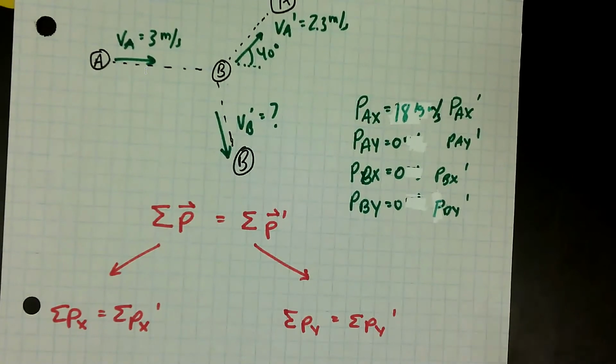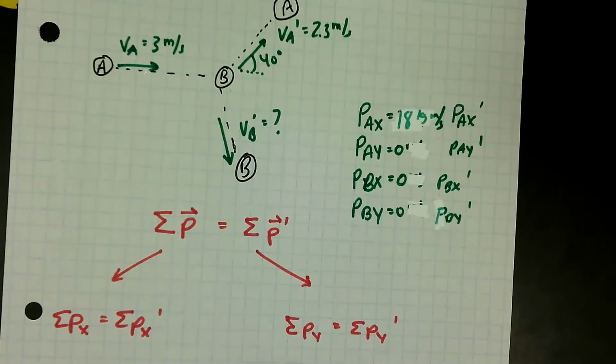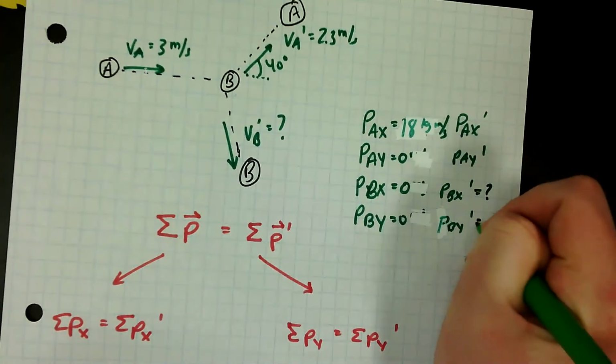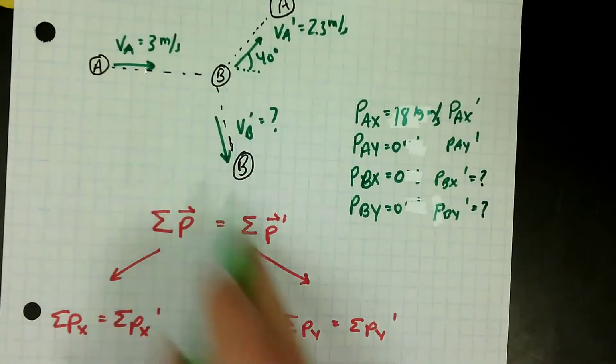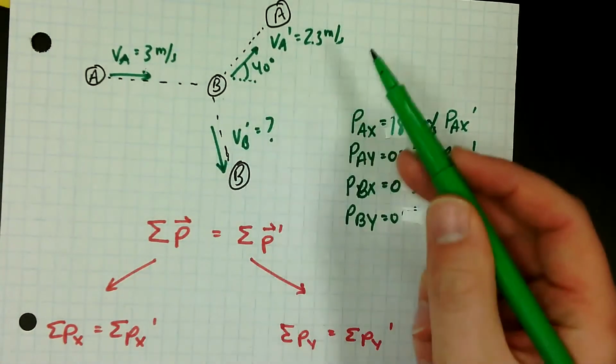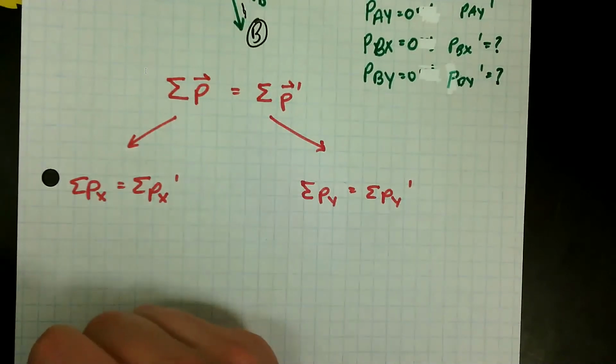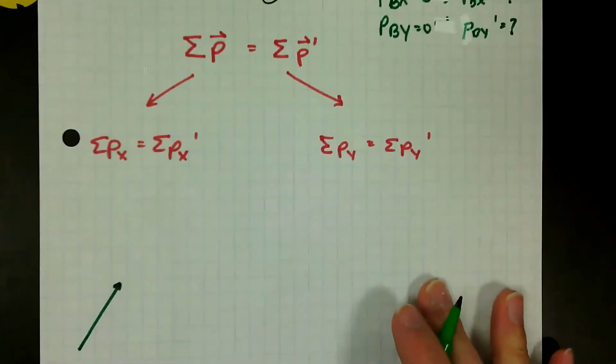Now, of these, there are 2 that are possible to find and 2 that aren't yet. What are the 2 that aren't possible to find yet? Probably these, right? We don't know how fast this one's going yet. But we do know how fast this is going, right? And we do know the angle that it's going at, right? So in other words, what we know is that